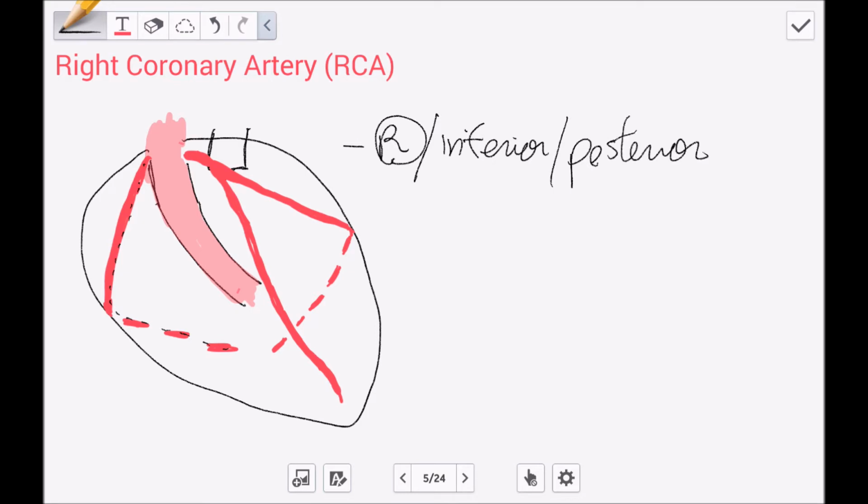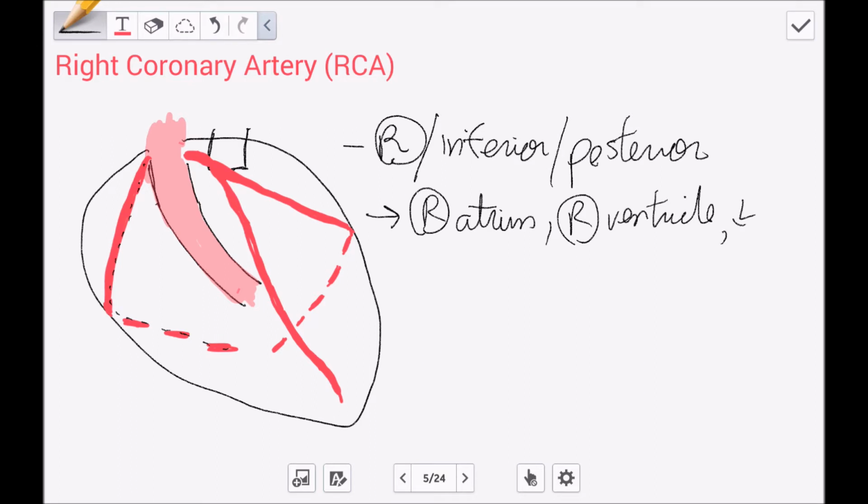Okay, it perfuses the right atrium, so it supplies the right atrium, the right ventricle, the left inferior part of the ventricle, one-third of the septum,